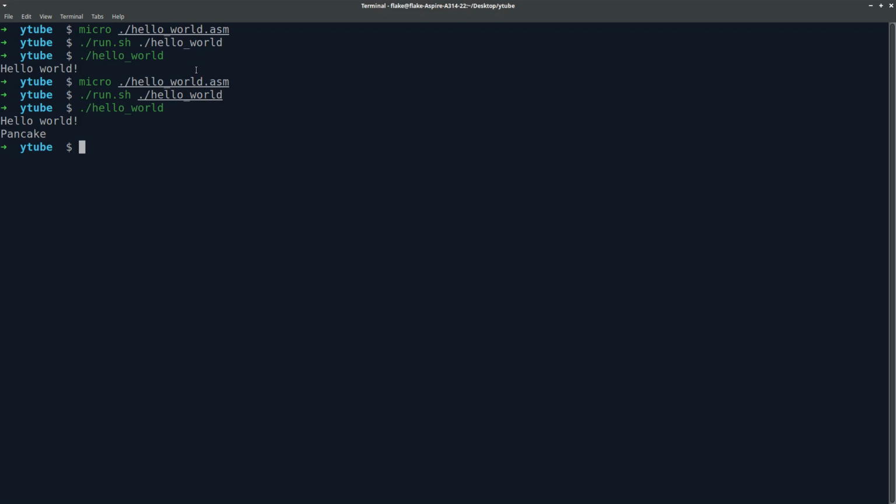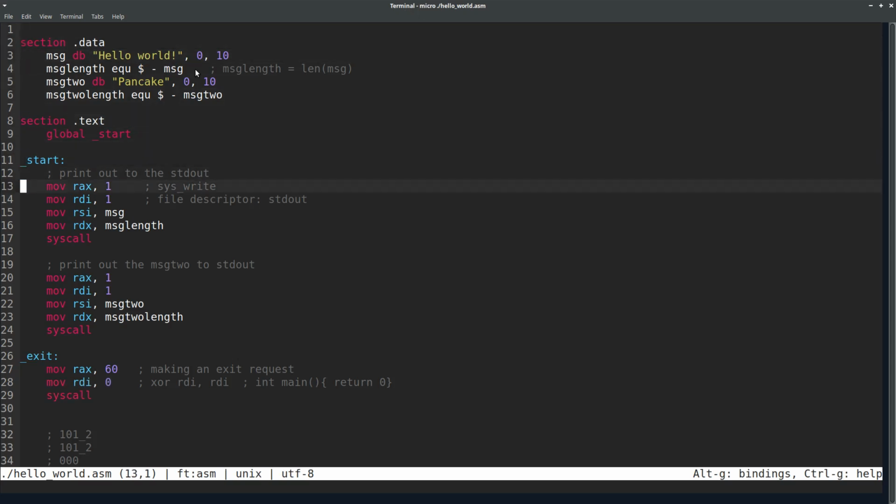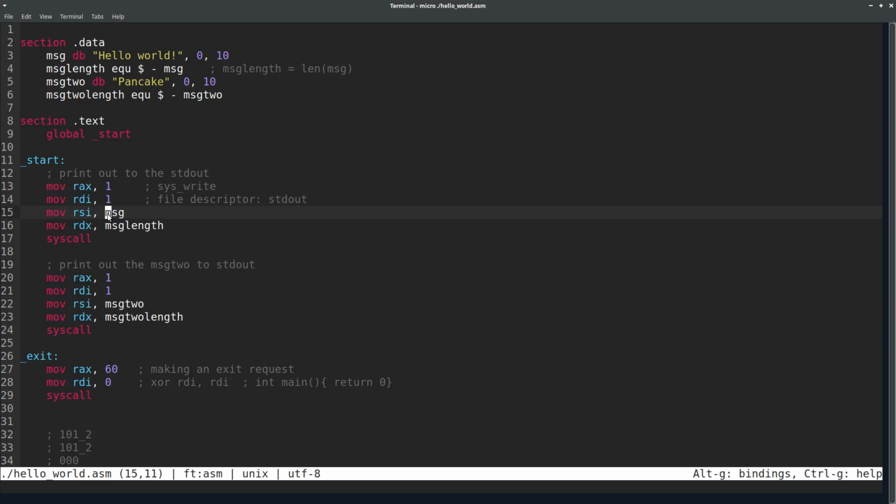So what we're going to look at now is that instead of always writing RAX, instead of always writing this for each, we're going to use something we call a macro. Okay, so you see the only differences between these two is that here we're going to have to insert the MSG, and also here we're going to have to insert the length. You see MSG2, and here we're going to have to insert the length. Okay,